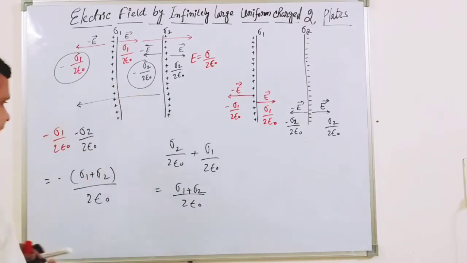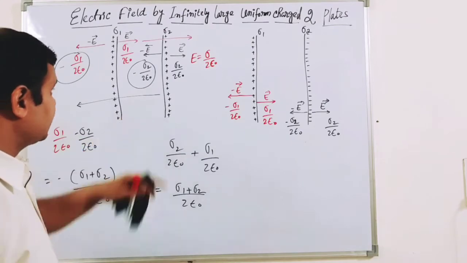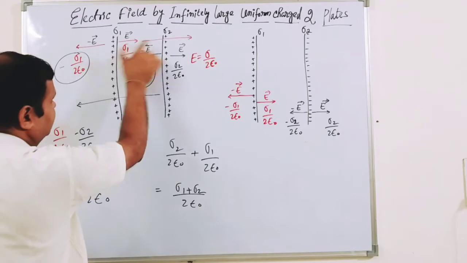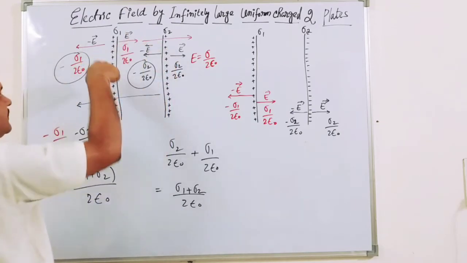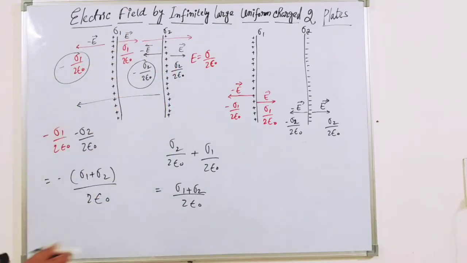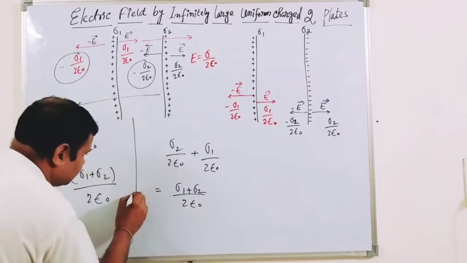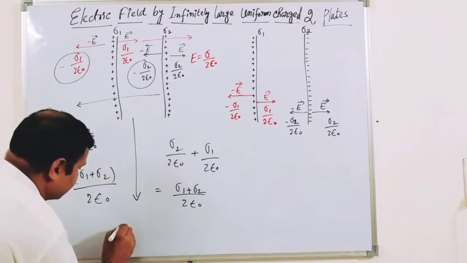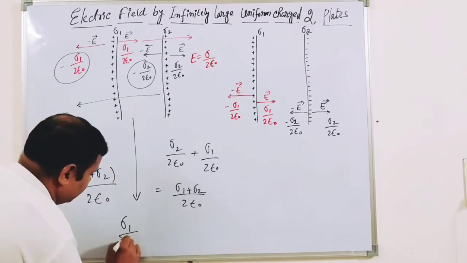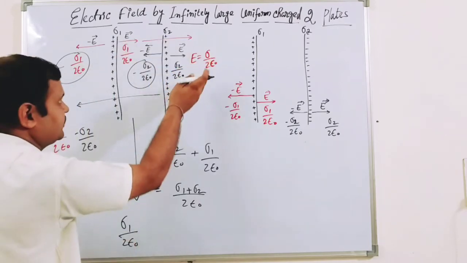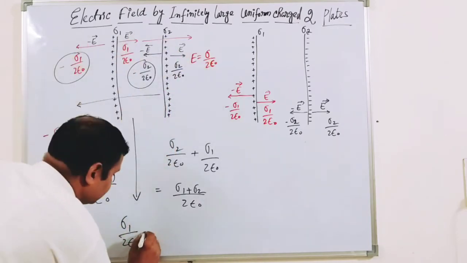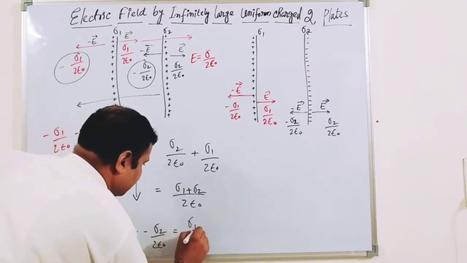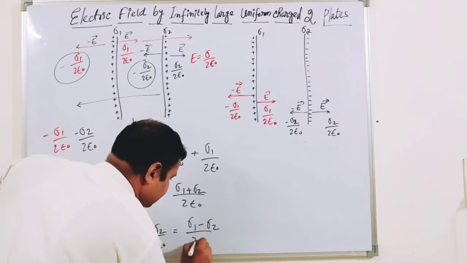Now inside the plate. Inside the plate, you see one of the electrical fields is working over this side and another is working over this side. So this is basically the middle. In between these two plates, what is the field working over here? This is the related one, sigma 1 over 2 epsilon naught. This is right side, so this is positive, and this is negative side. So this will be sigma 2 over 2 epsilon naught. So what is this? Actually sigma 1 minus sigma 2 by 2 epsilon naught.